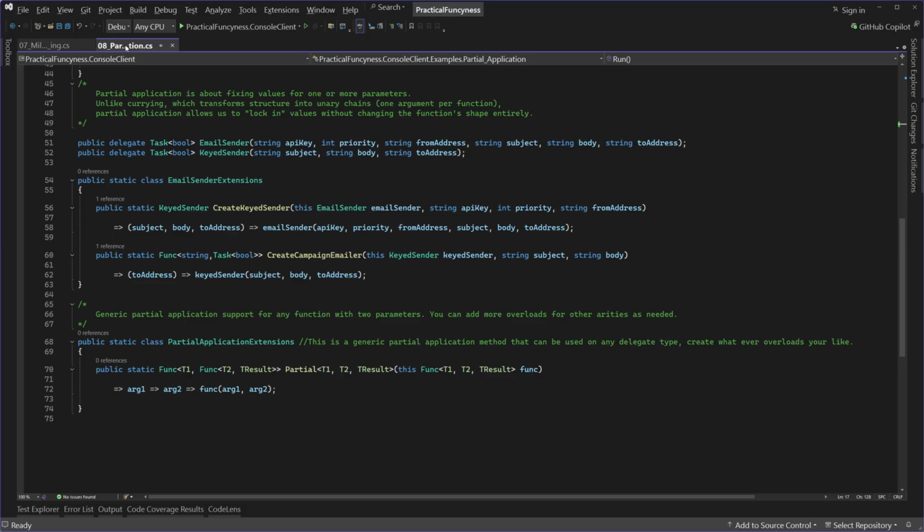But by assigning those methods to delegate types, we make it possible to use extension methods. So the delegates here aren't just for clarity and expressiveness, they also enable our extension-based design. The email delegate represents the full method signature for sending an email in our domain. Keyed sender is a delegate that represents a partially applied email function where the API key, priority, and from address